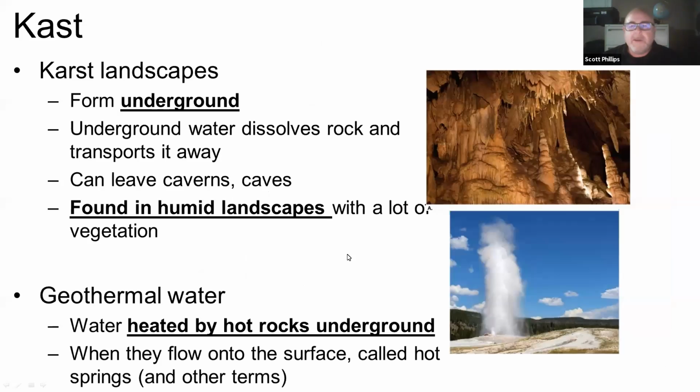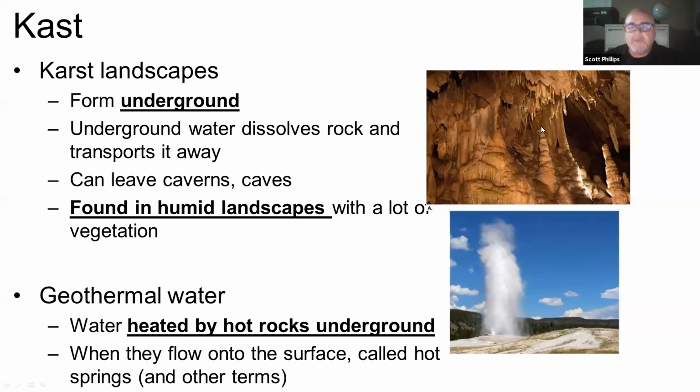Next, I want to cover karst and geothermal. And these are chapter 17. We're going a little bit out of order with the lectures, but coming back to karst. So what is karst? And what it is, these are things that form underneath the ground because of water